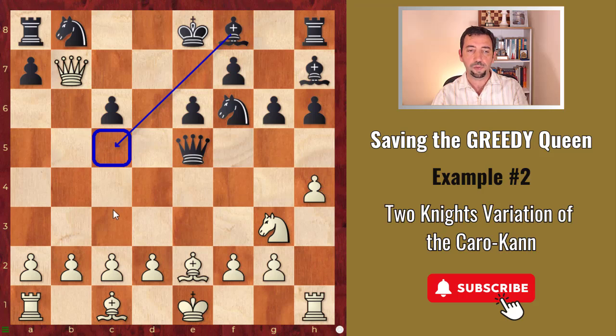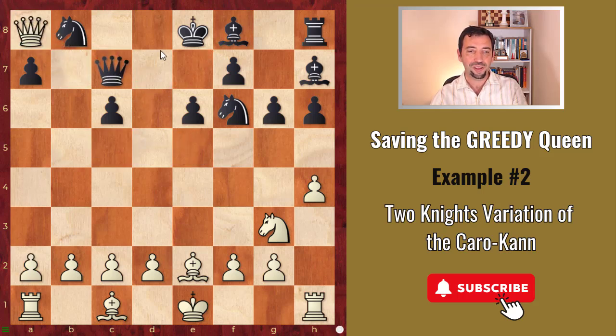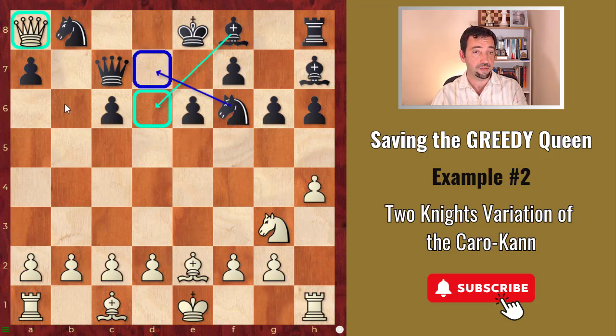So here the move is a4. We should avoid capturing the rook, as after queen c7 the queen is trapped, and yeah, the bishop is coming to d6, and I'm not sure that we have a good position. Also, black is threatening knight fd7, knight b6. So a4